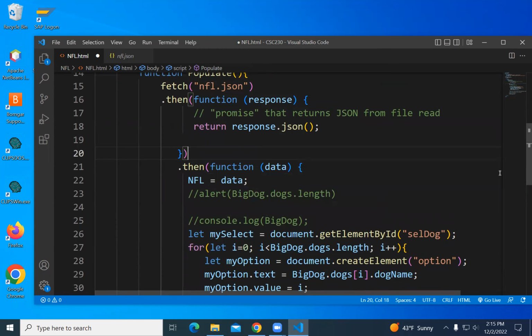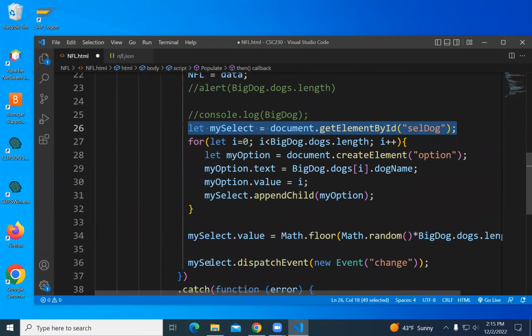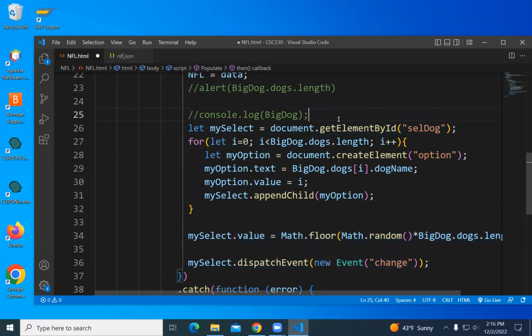And then I'm not going to do the select thing just yet. I'm going to do something with the select, but not quite this. So I'm going to comment that out and come back later.